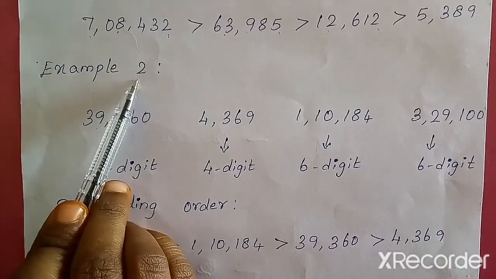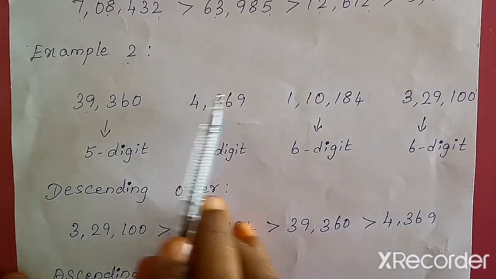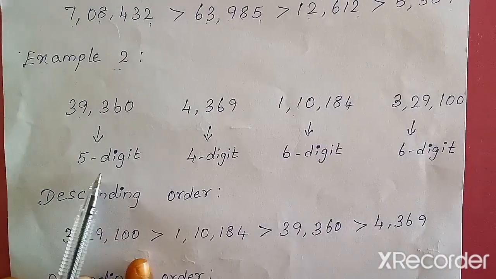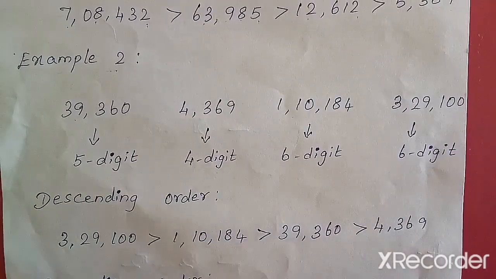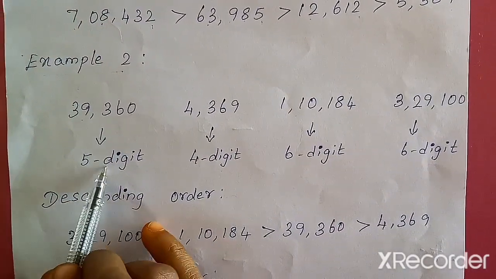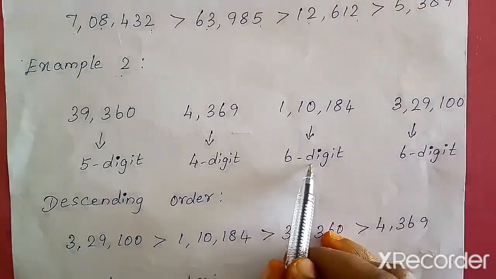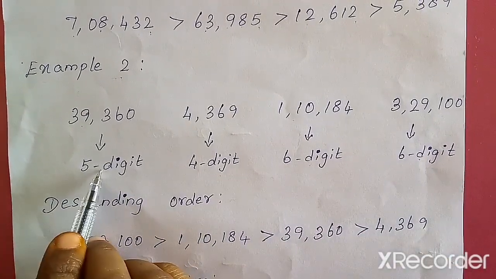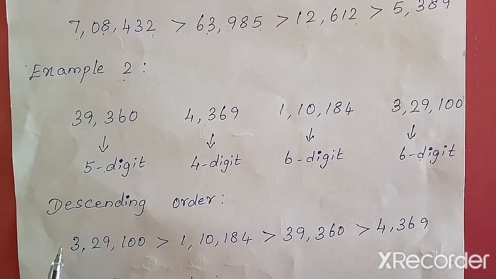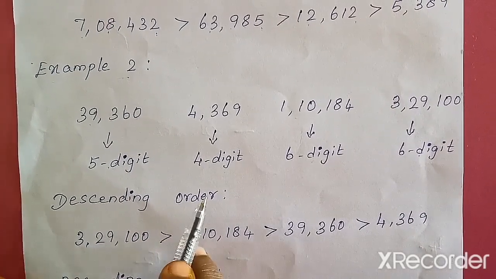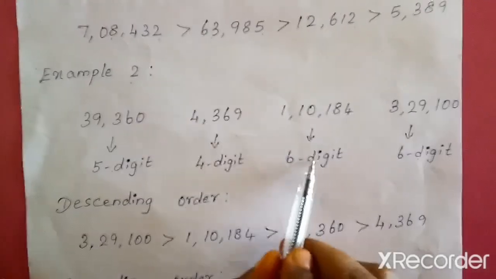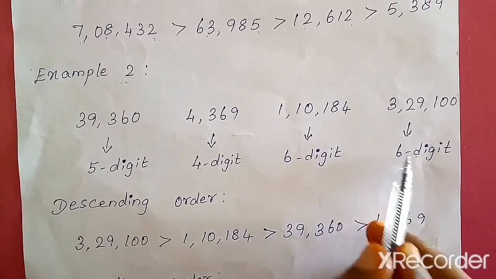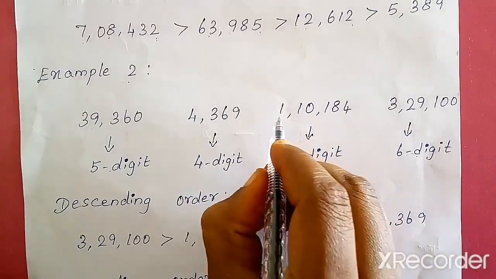Now this is another example for you. Here again I have 4 numbers. Now as I said, I just found how many digits are there. So this is a 5-digit number and this is a 4-digit number, a 6-digit number and again a 6-digit number. So this first I am going to arrange in descending order, that is greater value to smaller value. So here I have 2 6-digit numbers. So first I have to compare these 2 6-digit numbers, right? So I start from their lakhs place.